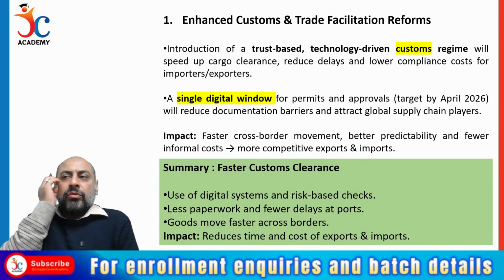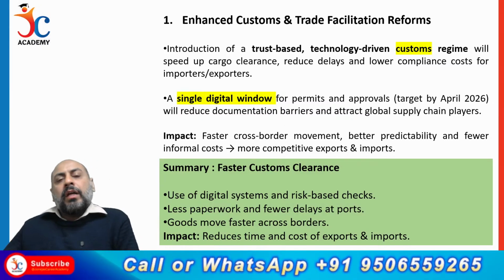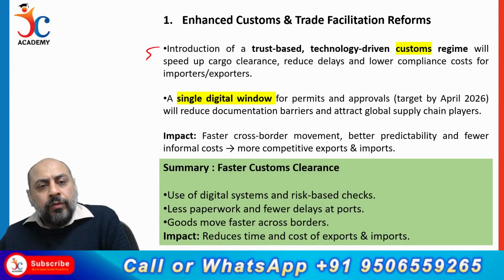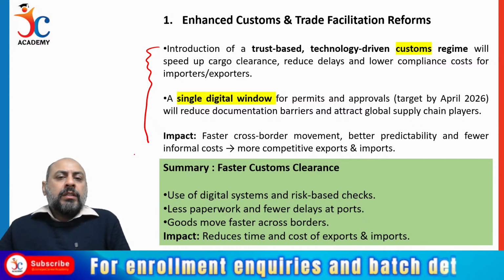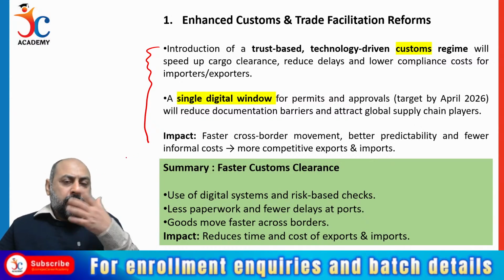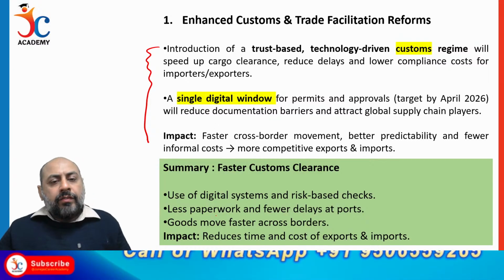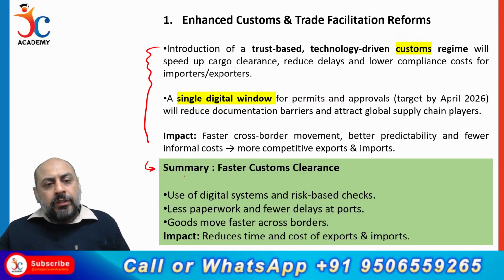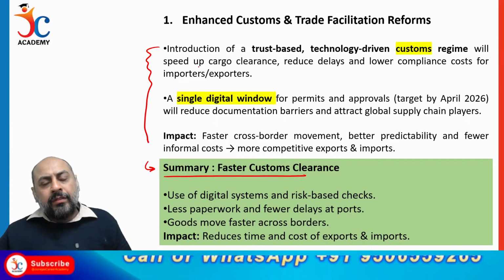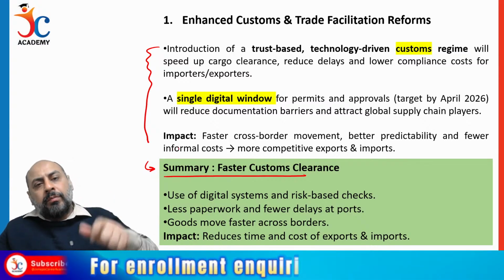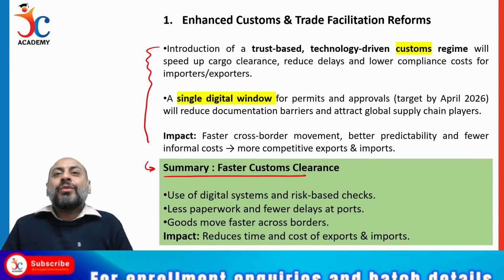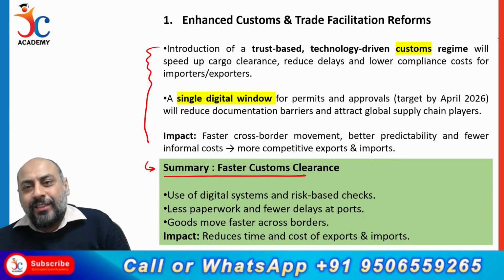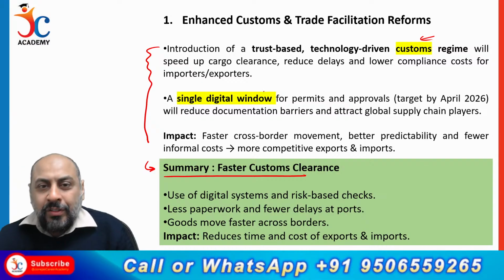Now I will take you through 9 different pointers, and these are the excerpts from the speech of the finance minister. These are the direct excerpts from what she has mentioned in the budget, and I've tried to simplify all these points in the summary. So I will read this and try to make you understand what it means in a much simpler way. I am also sure that you are noting down these highlighted words, because they're very important